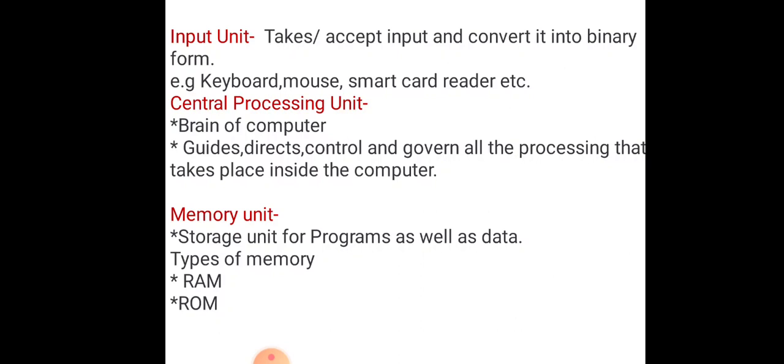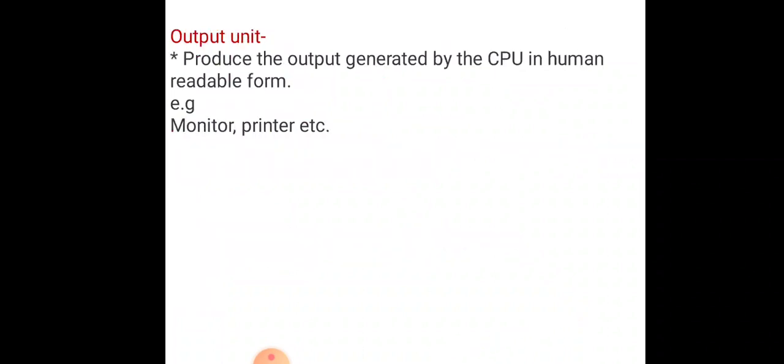Then we have ROM, read-only memory. That is, the data and instructions are placed in the ROM at the time of its manufacturing and can't be changed thereafter. And ROM is slower than RAM, and it is used to hold certain essential instructions, to check basic hardware components, such as the booting procedure to load the operating system, and frequently needed functions.